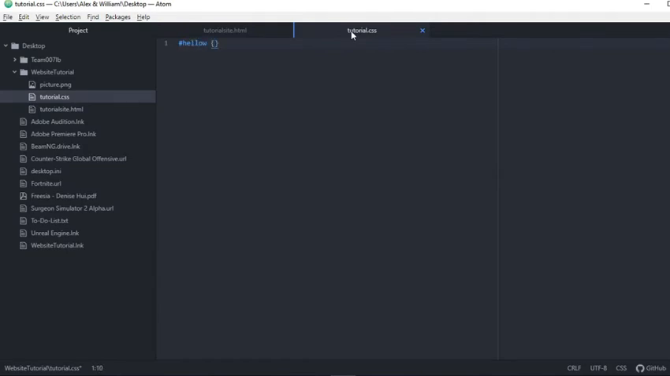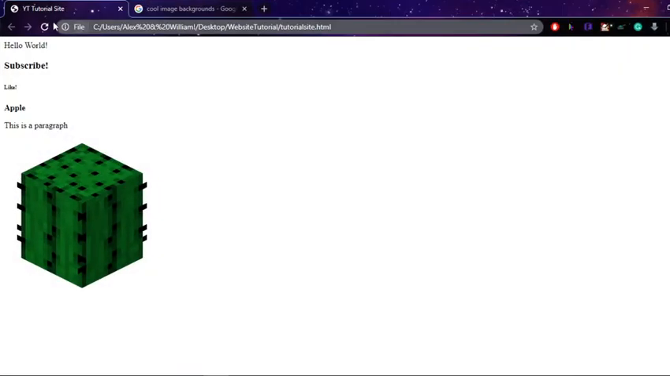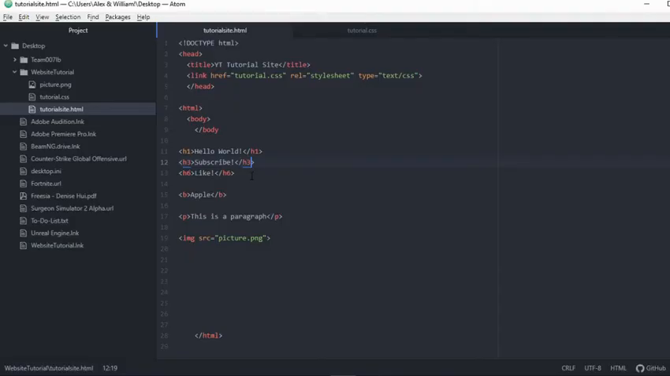Then open some curly brackets and type color. Then do a colon, space, and do whatever color you want. Say I'll do red. Then you do a semicolon and save it. Now if we go into our website and reload,